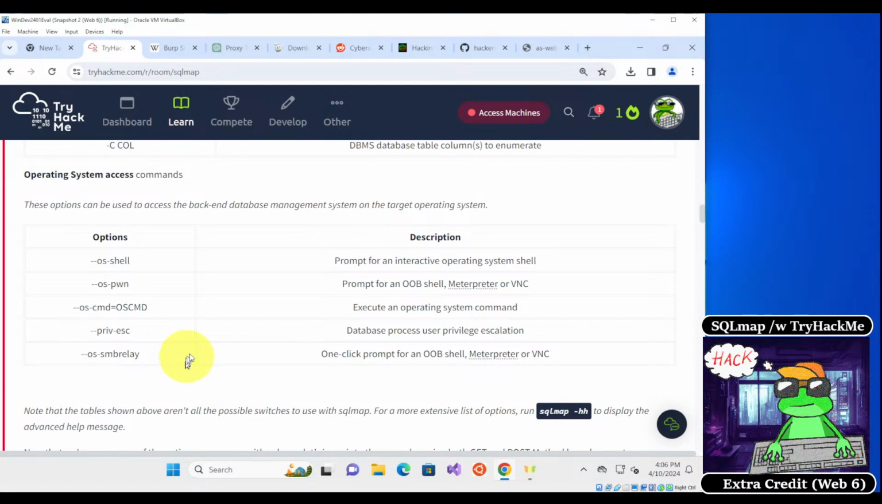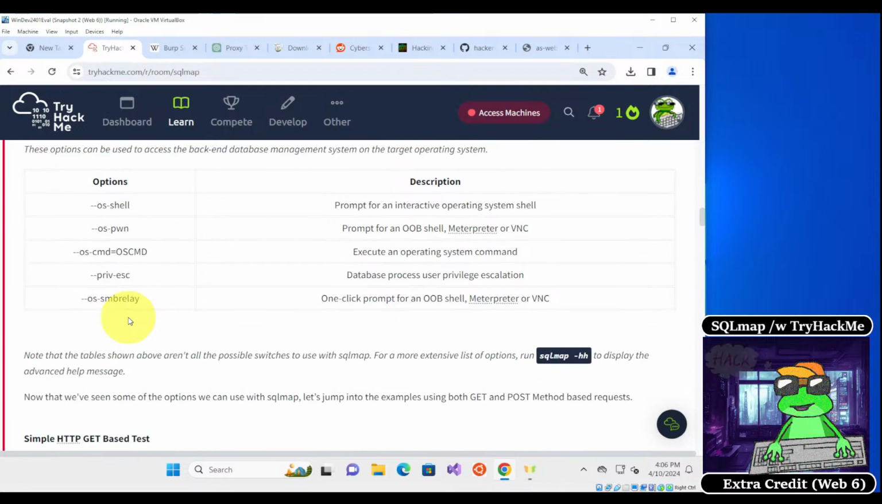So SQLmap can also be used to obtain interactive shells with the target. You could use this command right here, OS shell, or you could try to get an interpreter shell or an out-of-band shell. I'm not exactly sure how to do that. I've never really done that before. But